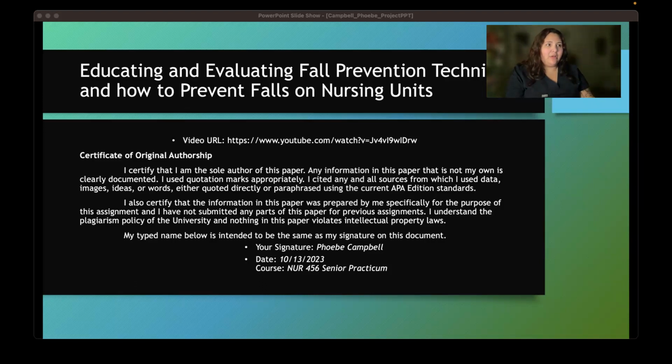My name is Phoebe Campbell, and today I will be discussing some basic fall prevention techniques and how to prevent falls on a nursing unit. As well, we will be looking over how one can be a high fall risk, what assessments can be done to determine if someone is a high fall risk, and what we as healthcare professionals can do to prevent falls